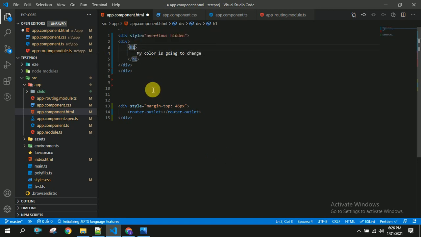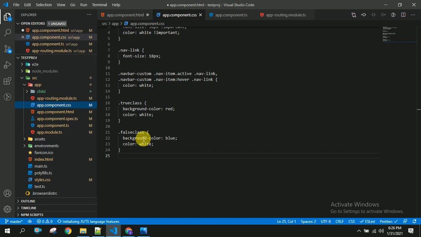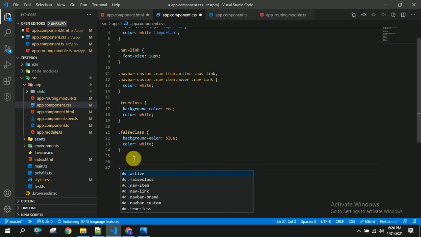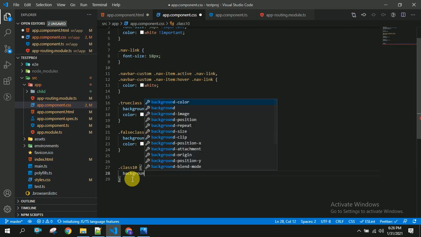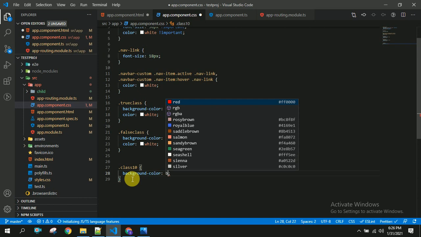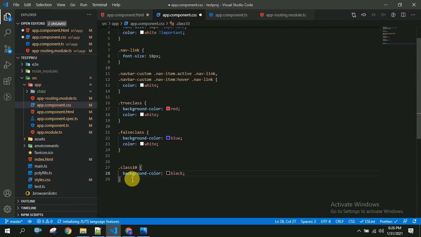And for this I am going to create two classes in the CSS file. So the first class is class1, and to this class1 I am going to take background color as black and the text color as white,